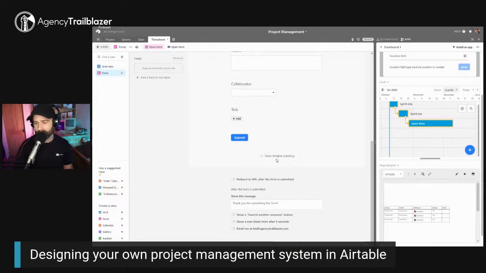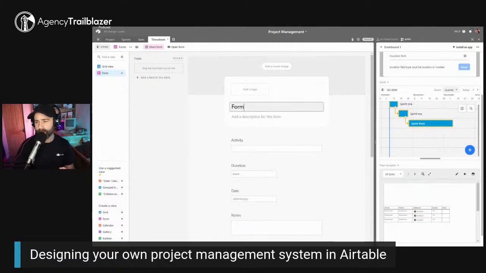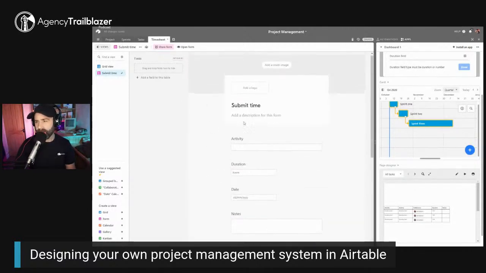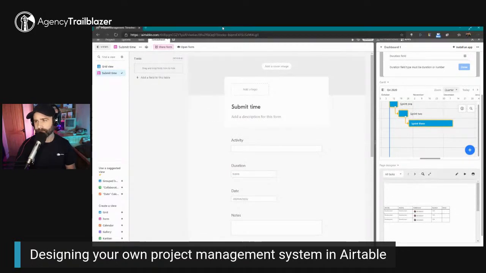If you're on premium, you can hide all of that sort of stuff, and you can say what to do. I like to say show submit another response button, so that they can add multiples. And you can rename this to submit time. Submit time is fine. And then if I go to share form and copy,